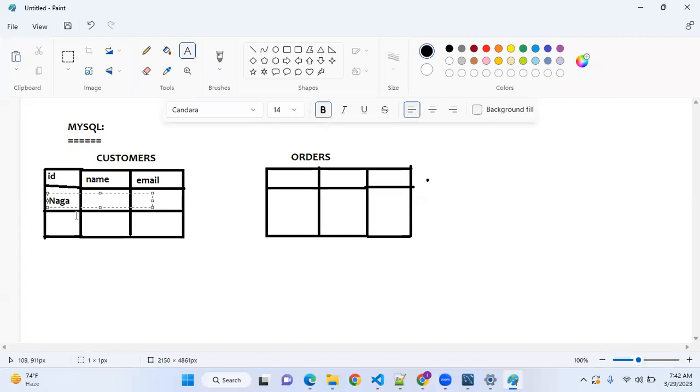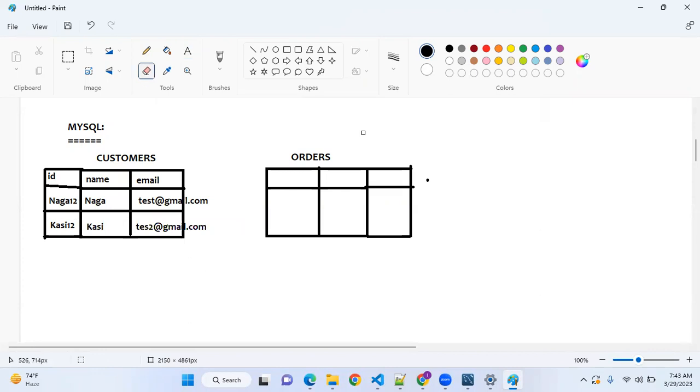A very simple thing, but a bit important. Naga, test at Gmail. Kasi 12, test 2 at Gmail. Okay, let's imagine that we have the data like this.